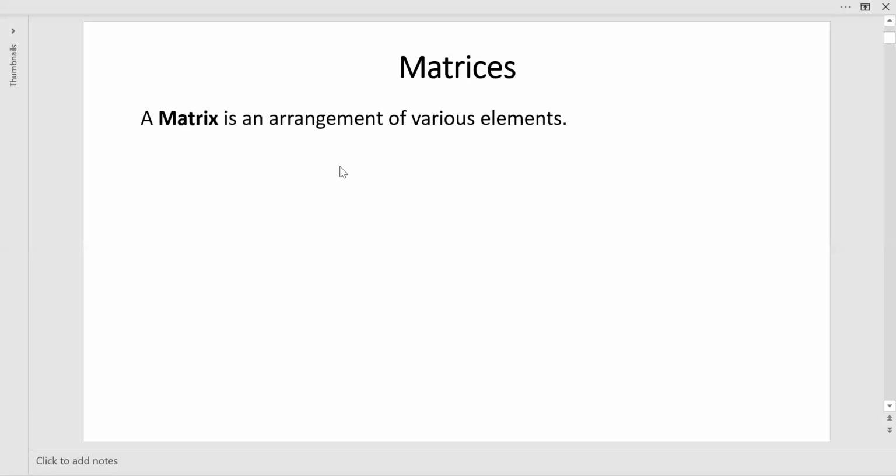So various elements means, in simple terms, कुछ elements होंगे, उनकी arrangement या उनको arrange करके लिखने को ही matrix बोला जाता है. So it is an arrangement of various elements. We have to see what an element is and how the arrangement is going to be done. For example, very simple. I think we all know matrix कैसे रहता है. एक बड़ा सा दोनों साइड पे ब्रैकेट रहता है, उसके अंदर नंबर्स रहते हैं, रोज एंड कॉलम्स होते हैं उसमें,